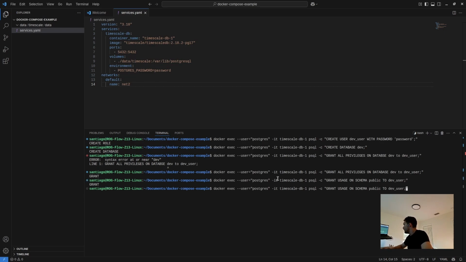Great. All right, we need to now modify the PSQL command to specify a database. We need to give permissions to this user on the specific database. So we're going to type -d, we're going to say dev to target that database, and then let's run another command. So we're going to say grant usage on schema public to